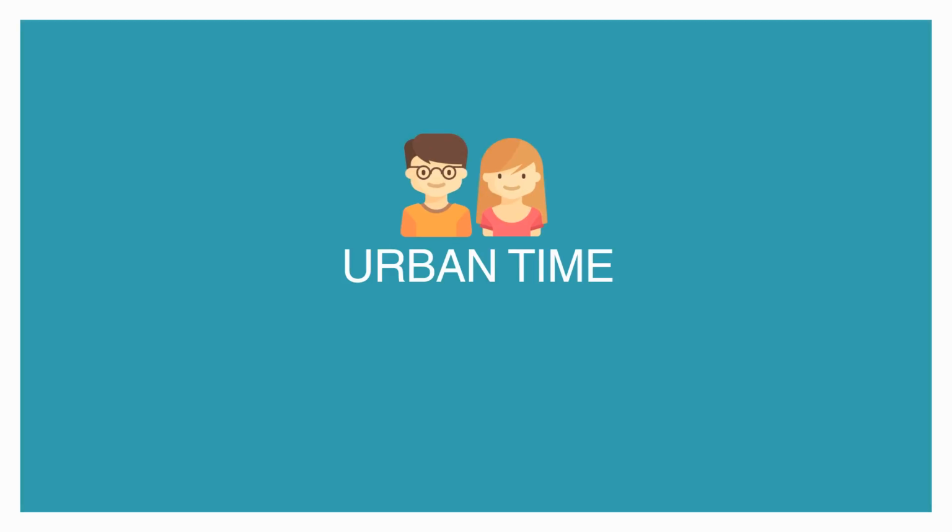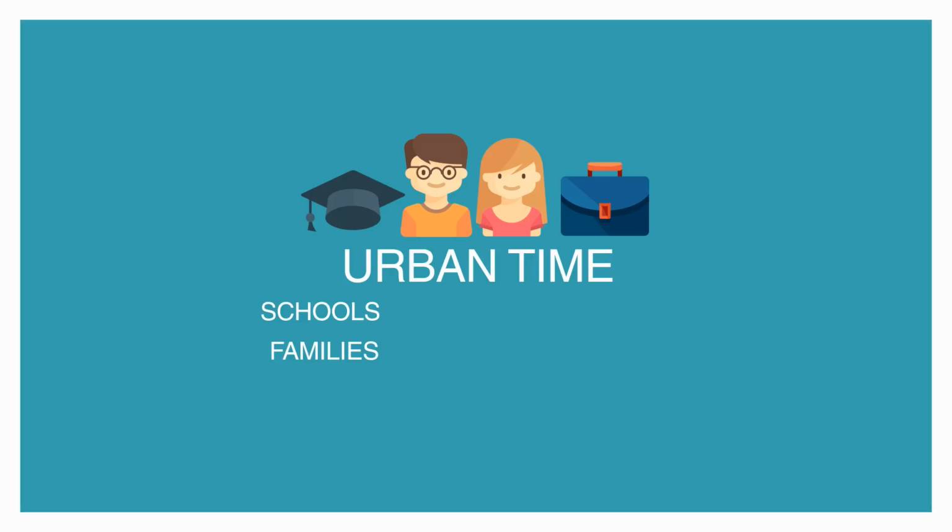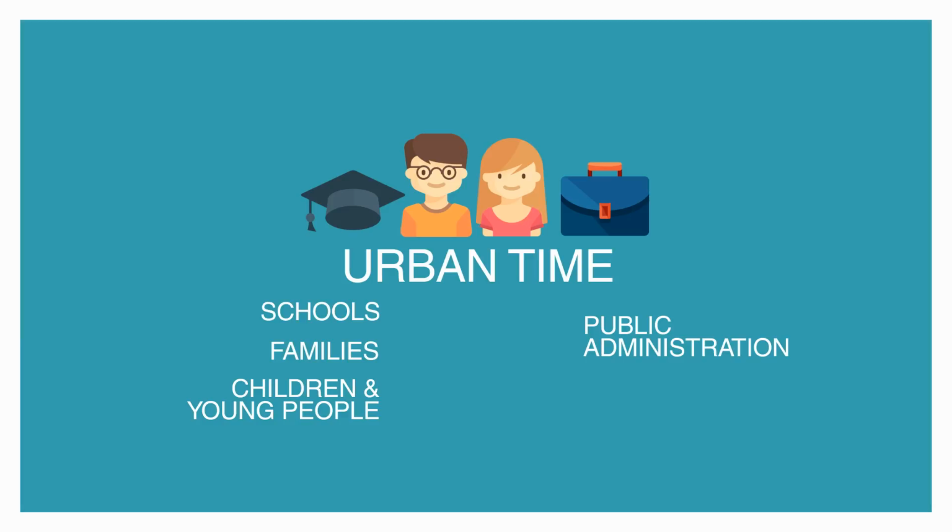We'll see now the case of the social business Urban Time, born under the umbrella of a social entity, the Hermina Foundation, with the mission to promote continuous training of young people at risk of social exclusion through a first job opportunity in the educational leisure sector. Urban Time distinguishes between 5 key customer segments: schools, prescribers; families, payers; children and young people, users; public administration, payers; and large companies, payers again.